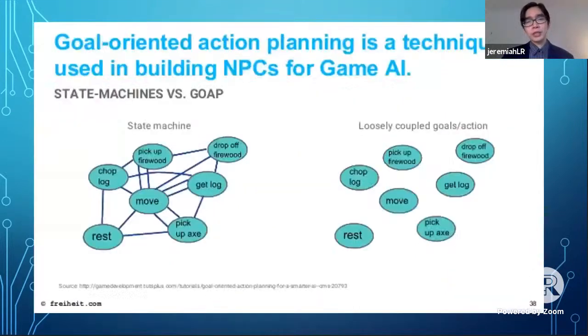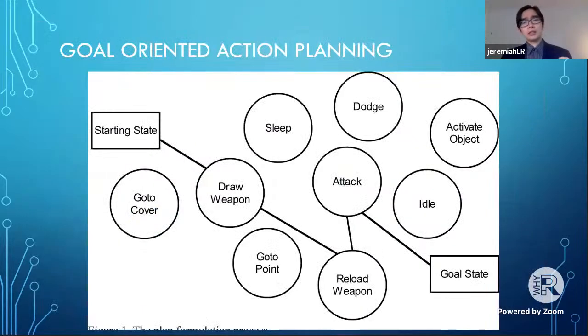So what GOAP does is that it decouples all these states and removes all the transitions and makes them, you could say, free-floating states or actions. And given a certain goal, GOAP will find the path from the starting state of the agent to the goal state using the most cost-effective sequence of actions.